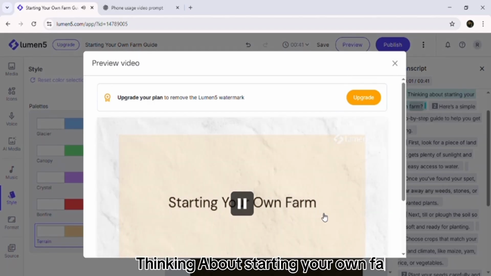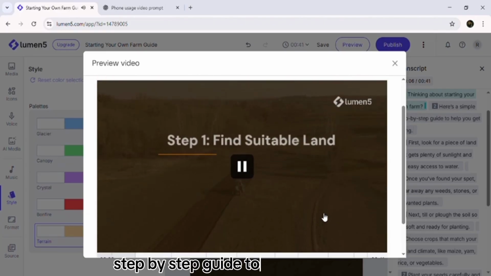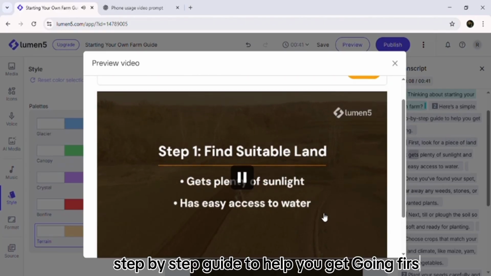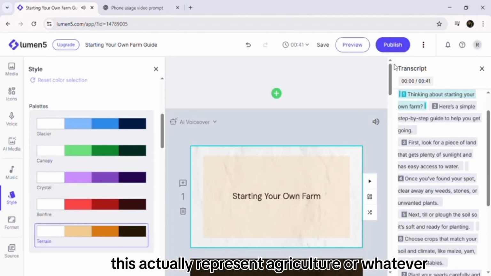Thinking about starting your own farm? Here's a simple step-by-step guide to help you get going. First, look for a piece of land that gets plenty of sunlight and easy access to water. Once you found your spot,